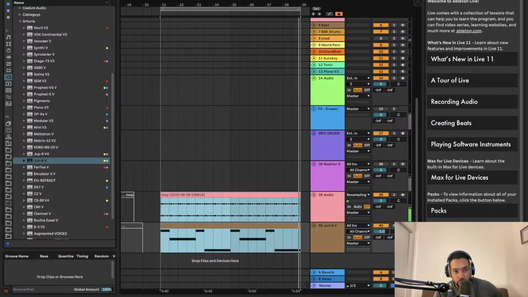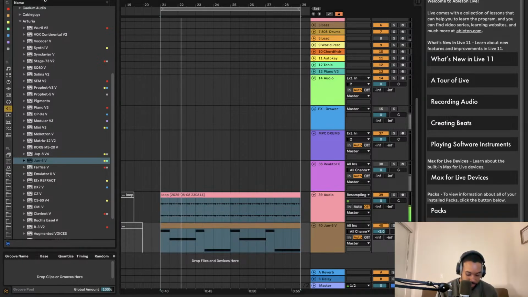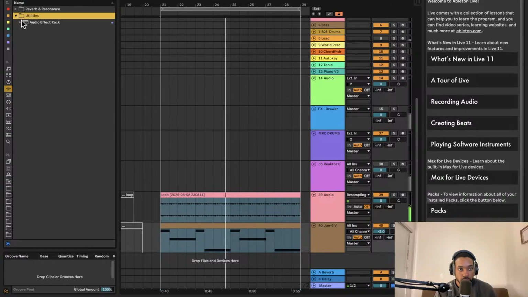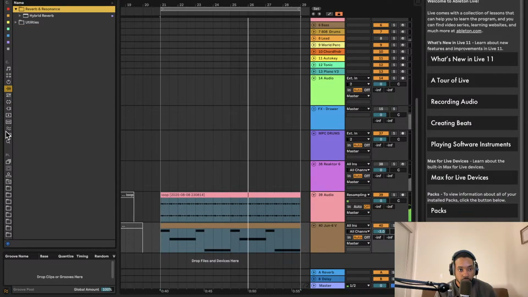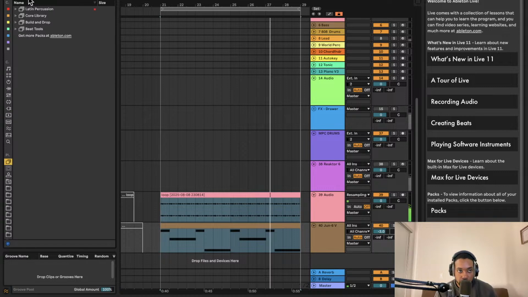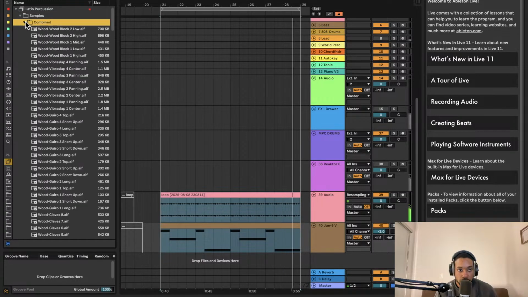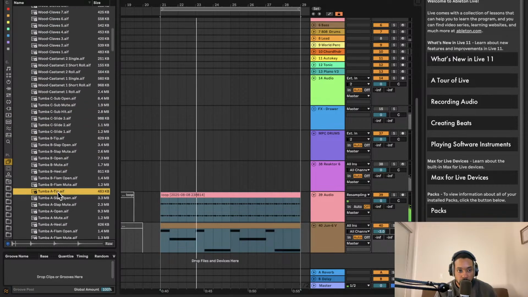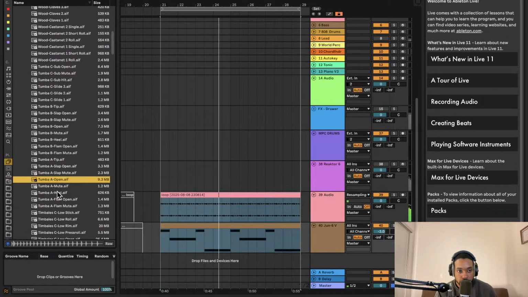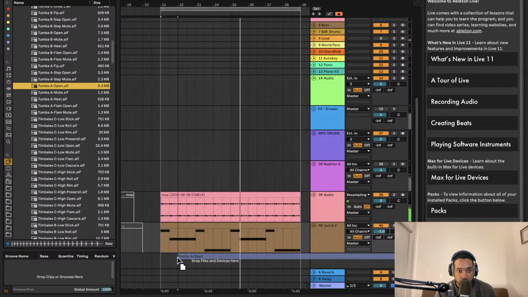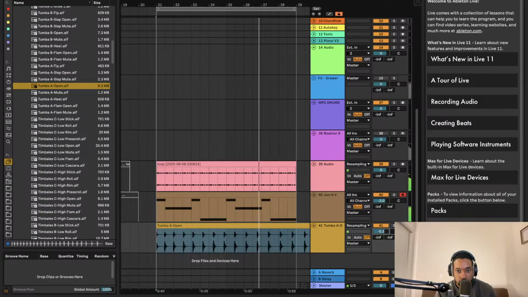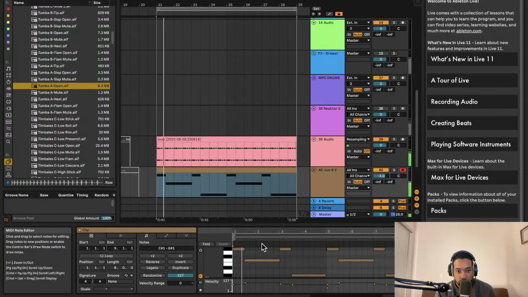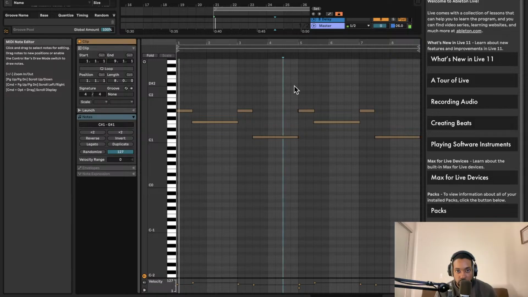Now we just add some percussion lines. So I'm going to bring in some percussion. I think it would go well with it. Okay, I'm going to remove that abrupt note because I know there's a